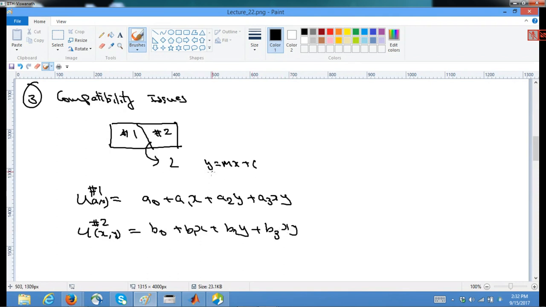If you substitute y = mx + c in here and here, similarly in here and here, then you know that it will be